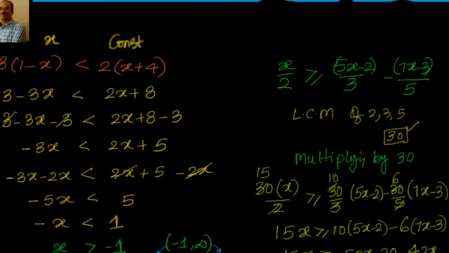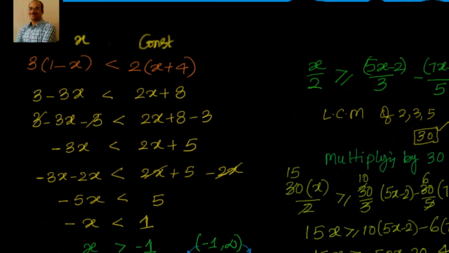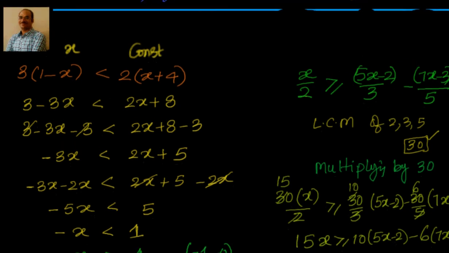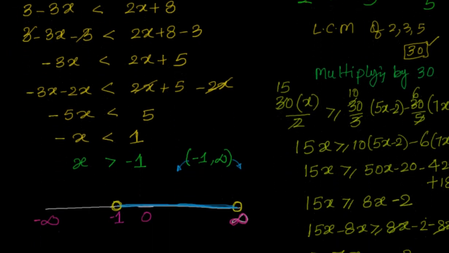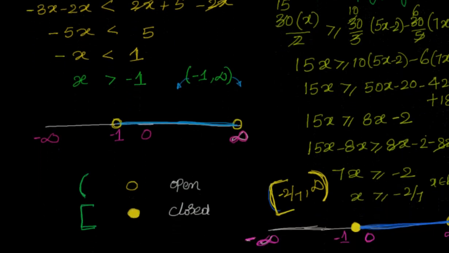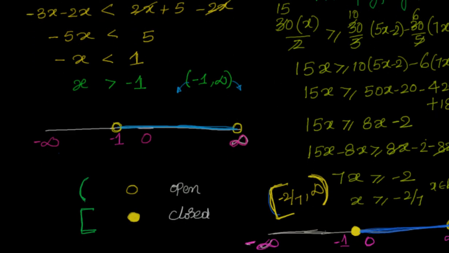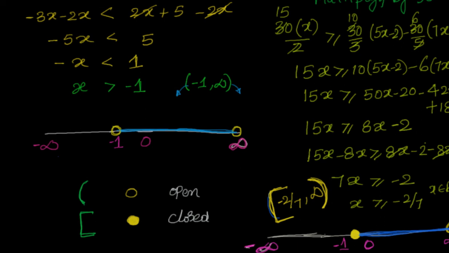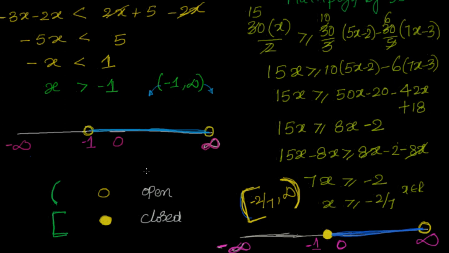So what we have to do is solve them how you solve linear equations, applying the same rules, with only one exception: whenever you multiply by minus 1, the symbol switches. If it is greater than, it will become less than. If it is less than, it becomes greater than. After that, you want to represent that graphically. What you will do is draw the number line, then take your solution set and represent your solution set on the number line.